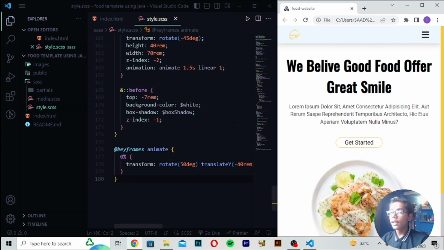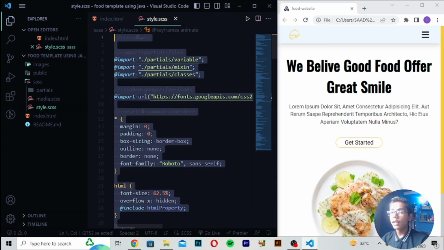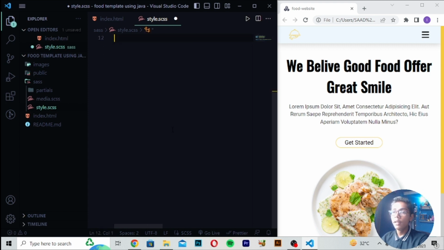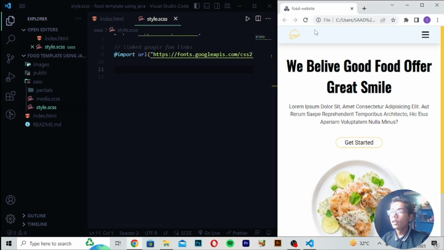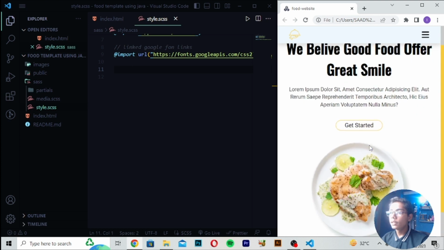You can see nothing is happening, which means that it is working here. So directly you can just select all this stuff and remove it till here. After removing this file, you can reset all the common code which you want to do. Save it here, reload. So you can see we are just getting all this stuff, but we have to